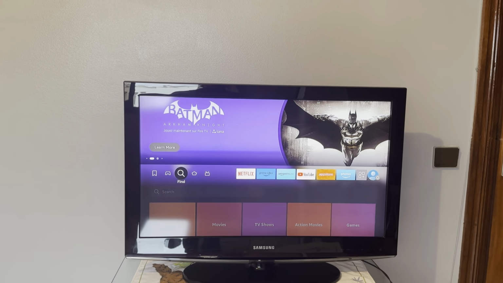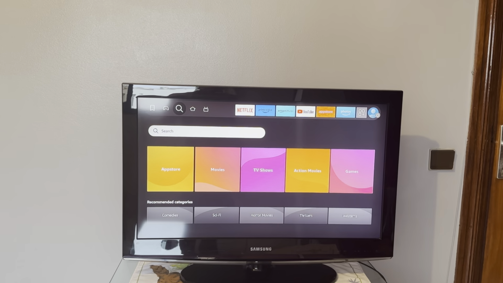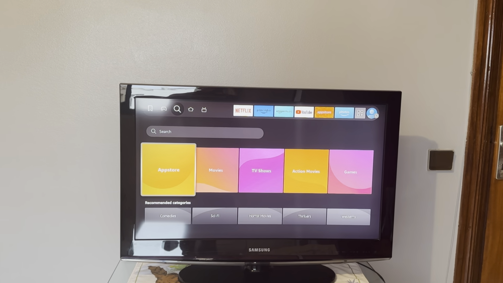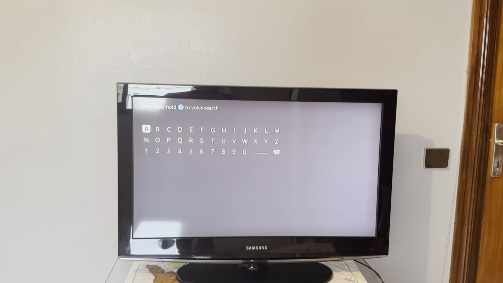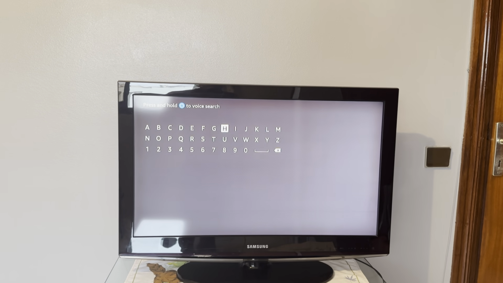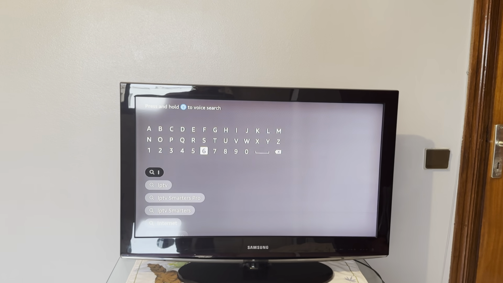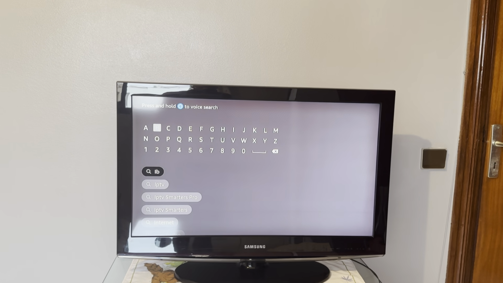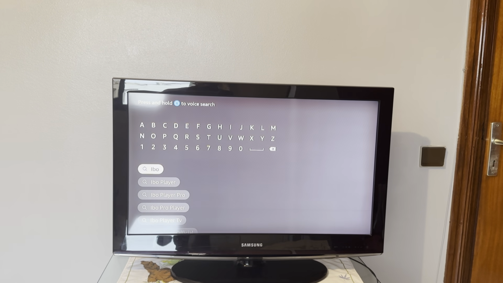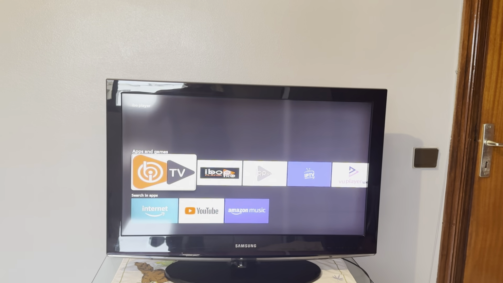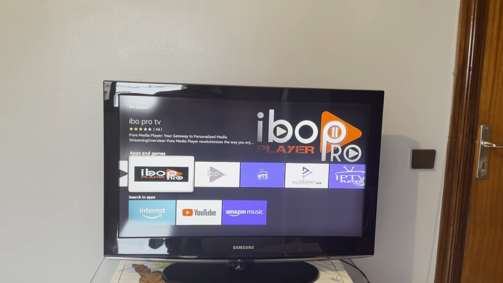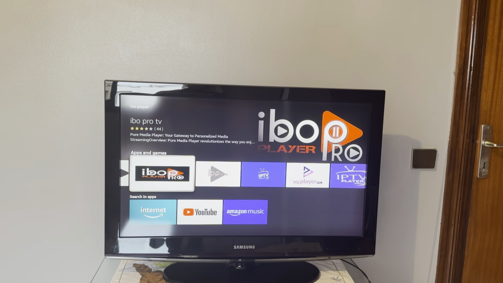So first you will need to go to Find, then go to App Store, click on App Store, go to Search, then click on Search, and here type IBO Player. I can see IBO Player among the suggestions, so I will click on it. Then I will select this app, it's the second one, IBO Pro TV, so click on it